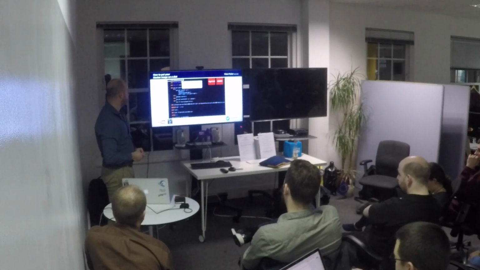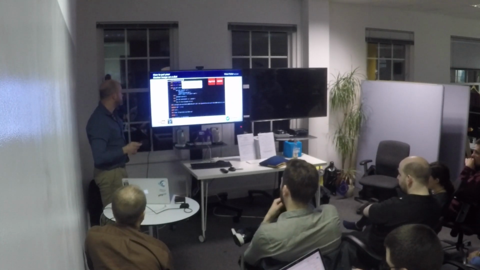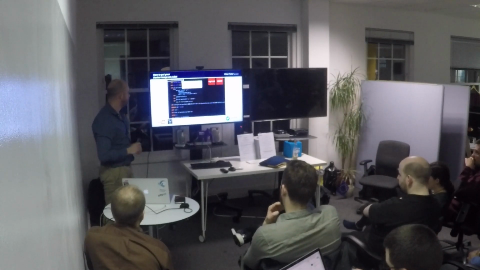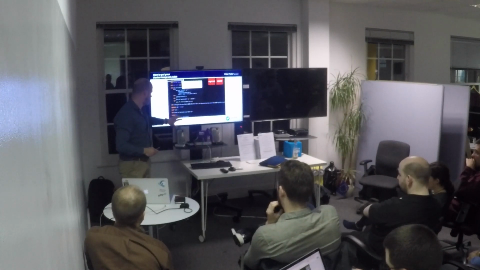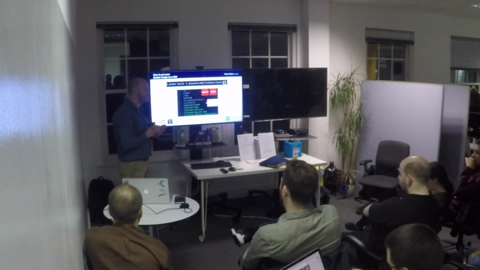Okay, so next one. Got to try and remember what that was. Oh yes, so tag 0.6.0 is nothing to do with the Docker file. It's actually to do with the ignore file. So the ignore file, the .dockerignore file, is a bit like the .gitignore file in the sense that